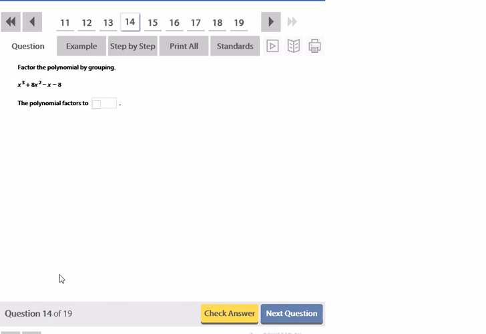Factor this polynomial by grouping. Okay, so here we have 4 terms. This is a cubic polynomial of 4 terms. So if I were to put them in groups, the first two have an x squared in common, which, if I divided each one by x squared, I would get x plus 8. And the second two don't appear to have anything in common, but I'm trying to get it to look like x plus 8, and I see a negative x and a negative 8. So if I were to factor out a negative 1, divide each one by negative 1, that would give me the x plus 8. So groups can be factored as inside, which is x plus 8, times outside, which is